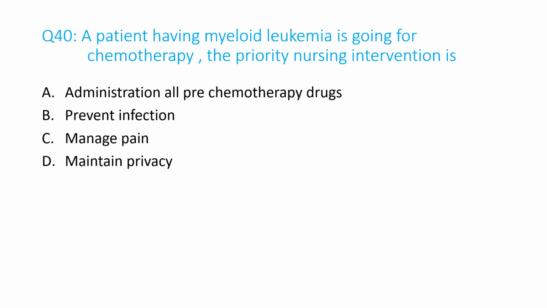Question number 40. A patient having myeloid leukemia is going for chemotherapy. The priority nursing intervention is A. Administration of all pre-chemotherapy drugs, B. Prevent infection, C. Management, D. Maintain privacy. And the answer is